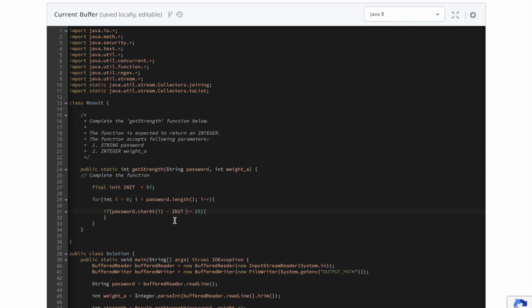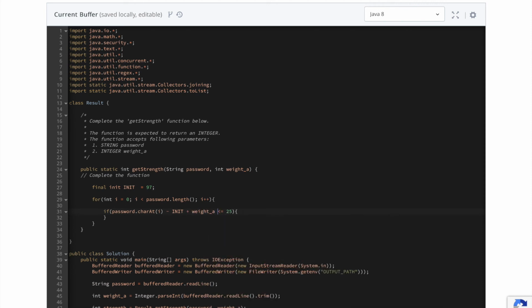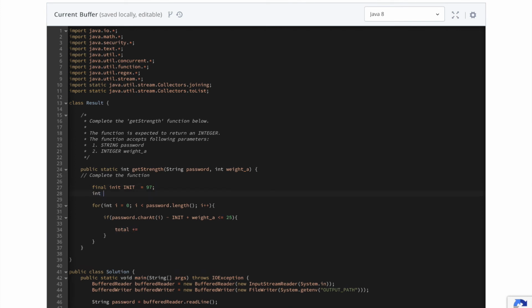We are going to check if the new value plus weight A, which would give us the new value, is less than or equal to 20. If this holds to be true, then total, which we have not declared yet, int total,